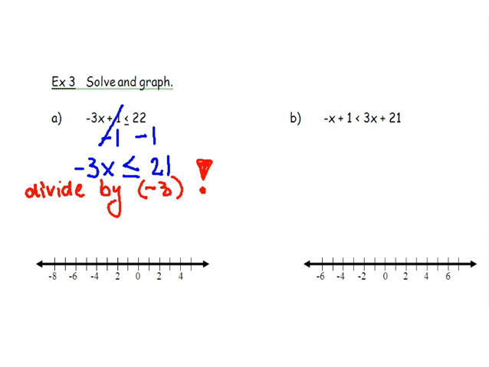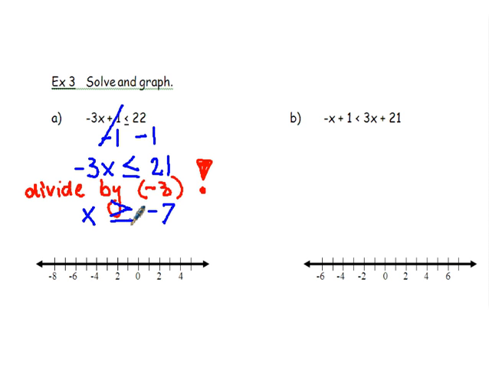So, negative 3 over negative 3 is 1. So we only have x on the left-hand side. On the right-hand side, we have 21 divided by minus 3. And I hope you know that that's minus 7. What happens with the sign? We have to flip it. So it's going to be, instead of less than or equal to, it's going to be greater or equal to. Now we are ready to